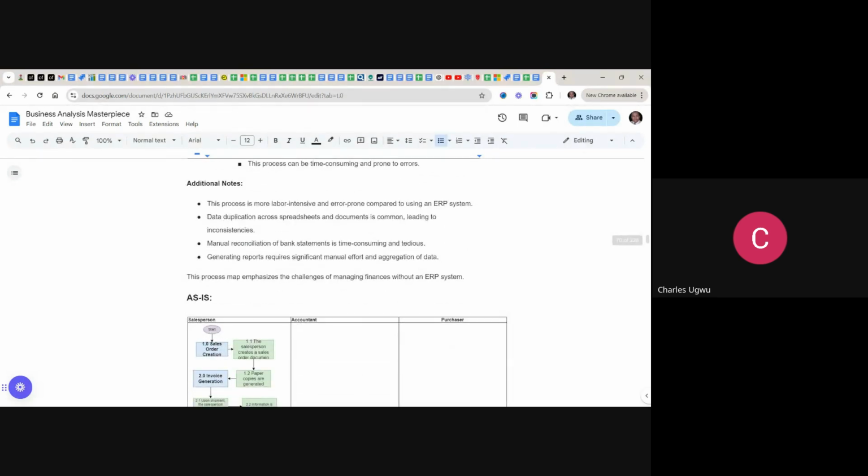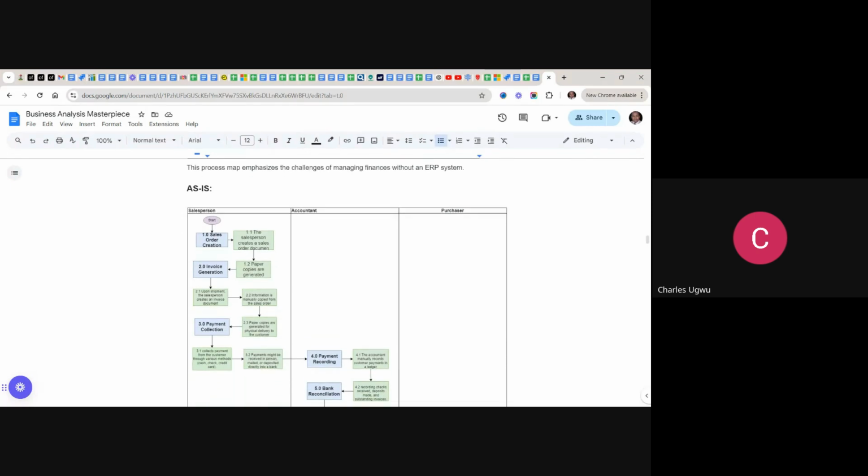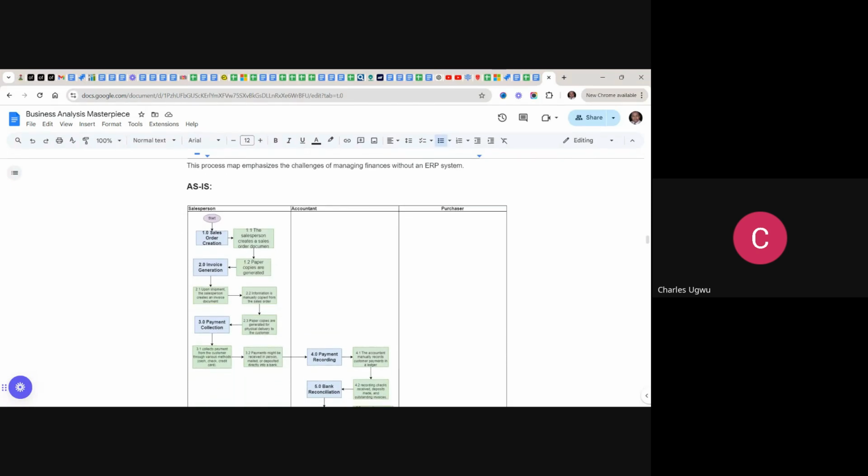So what do you do? You apply a process model like this to help give this work a visual representation. So here, you see, you capture the salesperson, you capture the accountant, and you capture the purchaser. This is the as-is process, and this is where this process starts. It starts from here, it goes down here, sales order creation 1.1. You see the way it's making more sense and it looks very neat. This is a process map